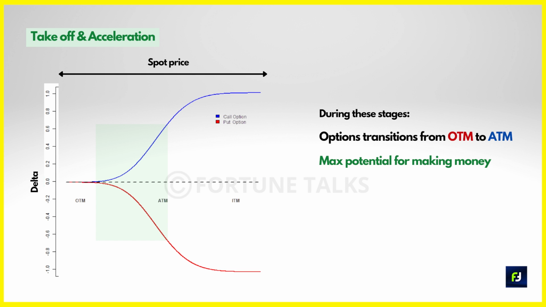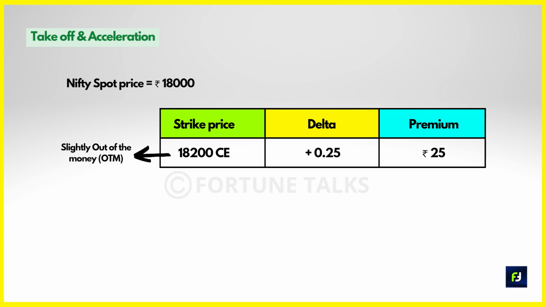Now the second and third phases are takeoff and acceleration. This is where the maximum potential for making money lies and therefore greater the risk. Now let me explain. Takeoff is a stage when an option transitions from out of the money to at the money. Consider that Nifty spot price is at 18,000 and the call option strike under consideration is 18,200 call option, which is a slight out of the money option whose delta is close to 0.25